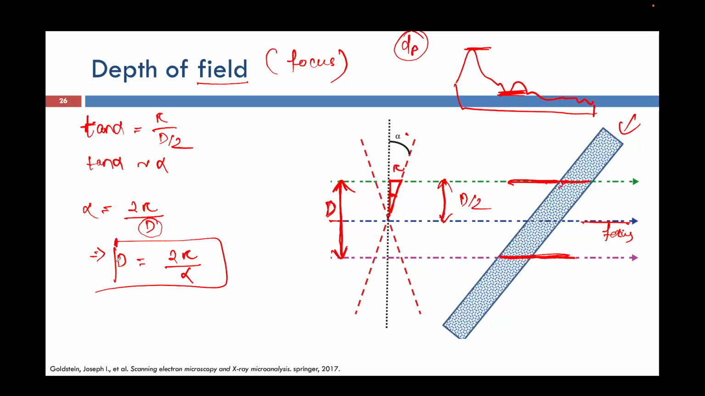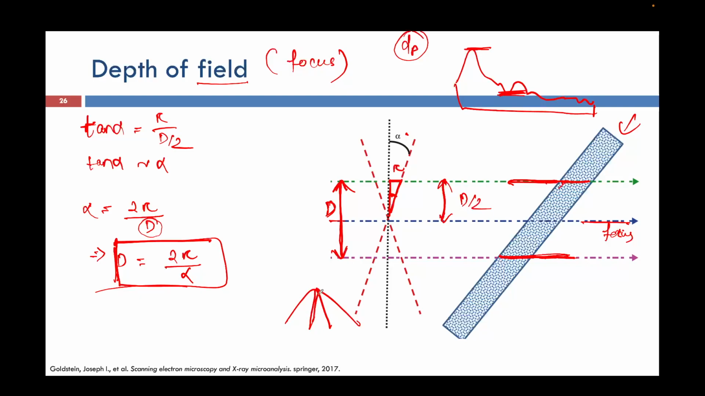If I want to increase my depth of focus, then my alpha should be as minimum as possible. That is the reason I was saying in the earlier slide, how this alpha will be as minimum as possible when you are decreasing your aperture size. When you are decreasing your aperture size, that means you are not allowing the beams to go far from